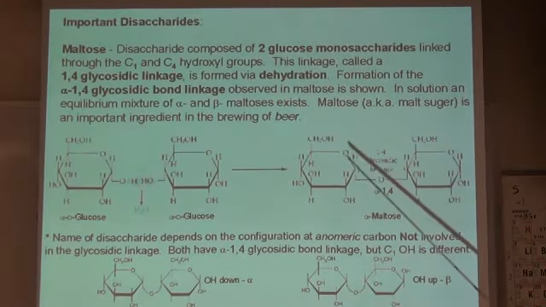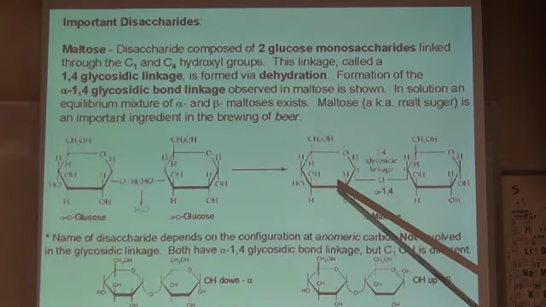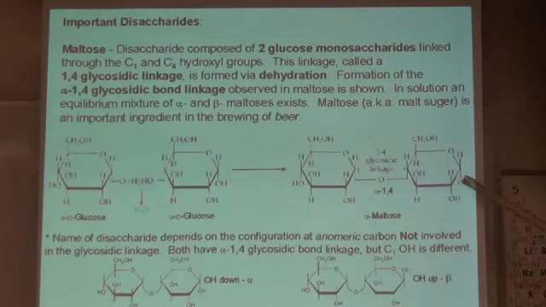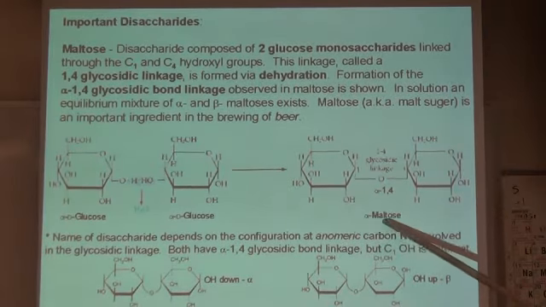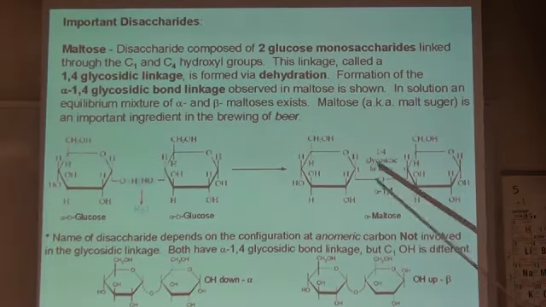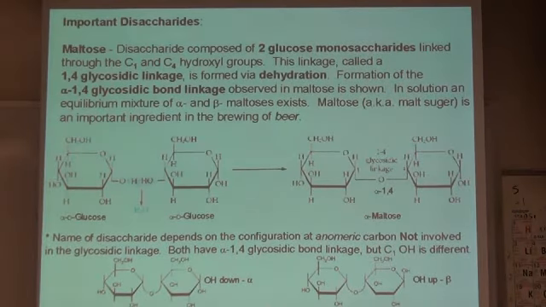Notice when you connect these, you no longer have glucose. You now have maltose. Right? But look at it. Oxygen 1 to the right, OH going down. This is alpha maltose. We use this in brewing beer. Right? But I suspect you know that.